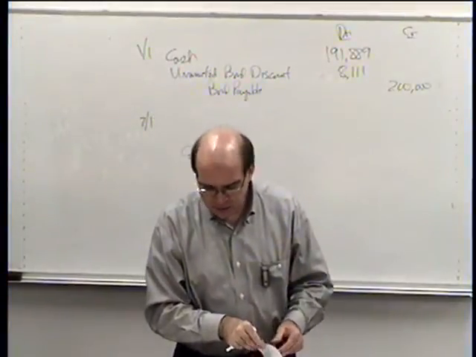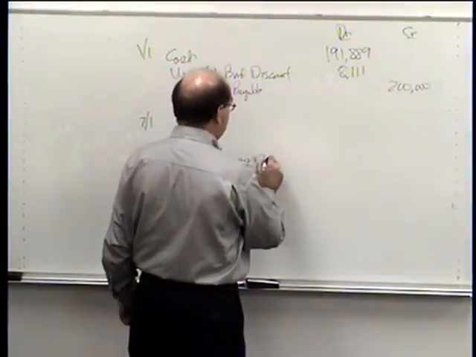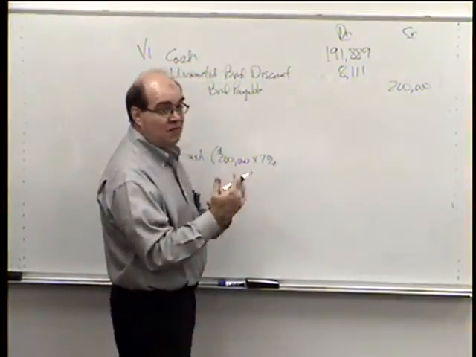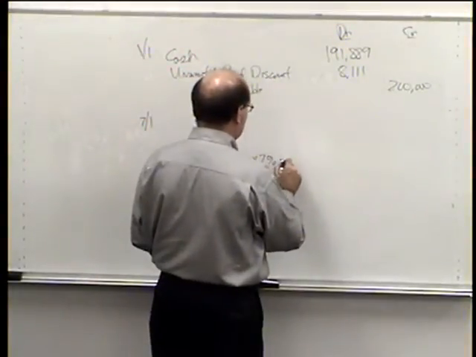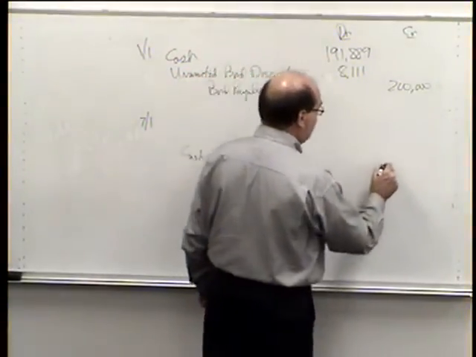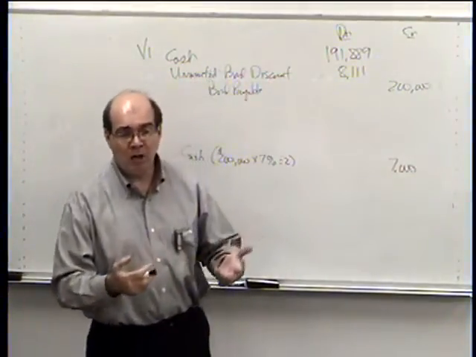And I think it was 7%. Does that sound right? Yep. 7% was the face rate. That's what we agreed to pay. That's fixed for the whole term. And this is for every 6 months, so we're going to divide it by 2. And that works out to be $7,000. So that's how much we're going to send a check out to whoever owns our bond and we owe that